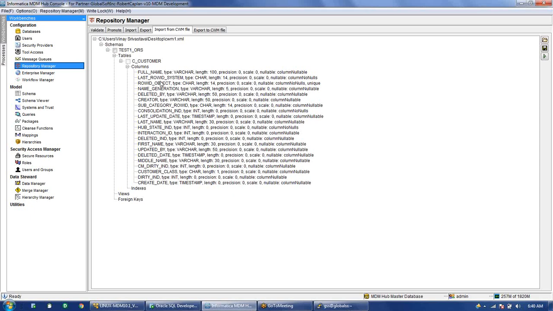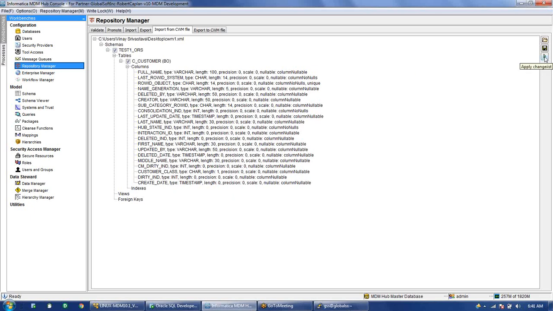So here you can see only one base object is there, that's the customer base object, because for the customer base object only we had taken an export yesterday. If you want to import this back again, we can just select this, but I want to import all the columns here, customer table and other columns. For columns we don't have an option, we can just select the tables that we want to import, and then we can use this.